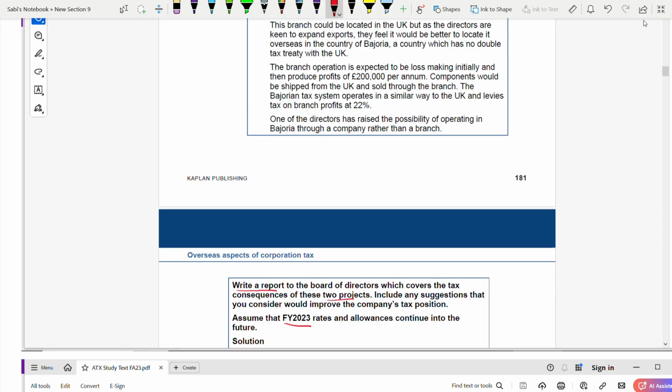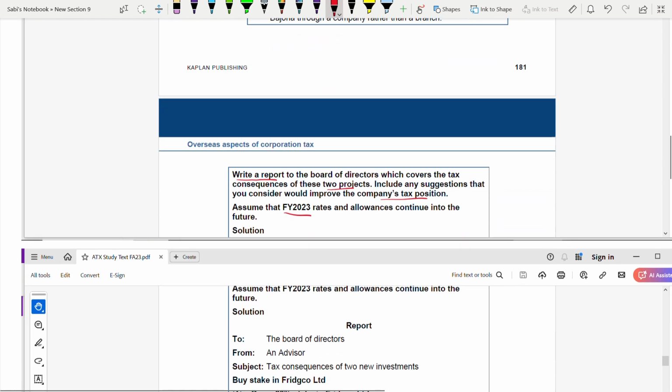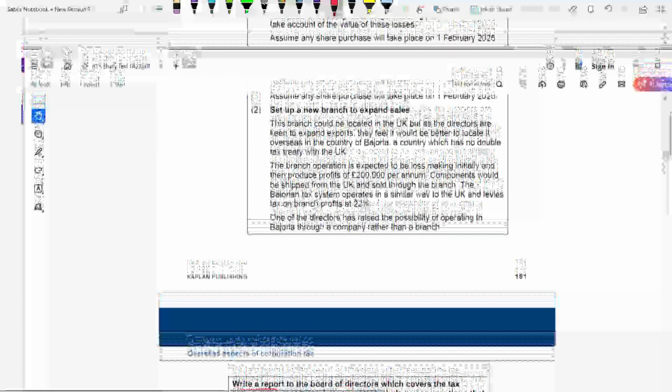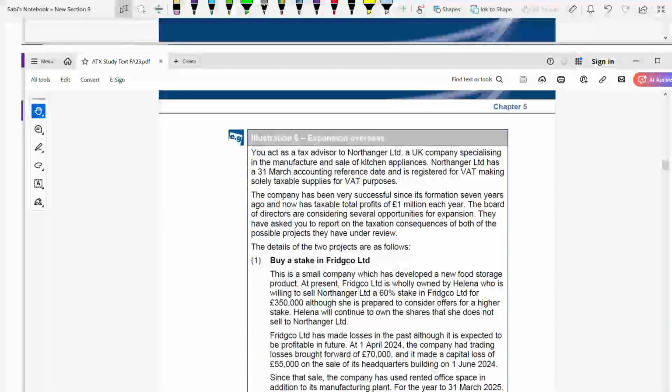Include any suggestions that you consider would improve the company's tax position. So you can give some of your suggestions. The solution is being given, but before going to the solution, let us first see what the two options are. Basically, they have told you that you are a tax advisor, this is your role, and